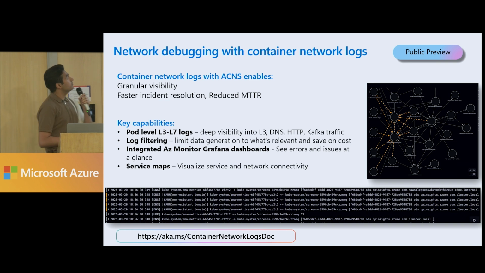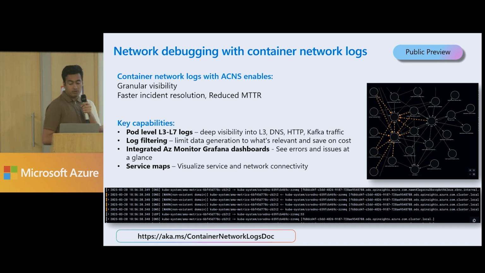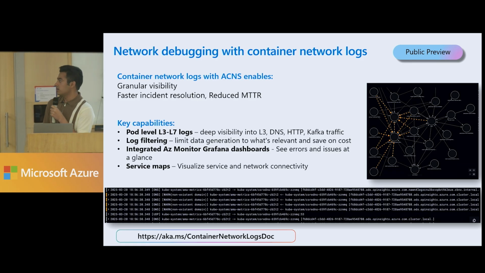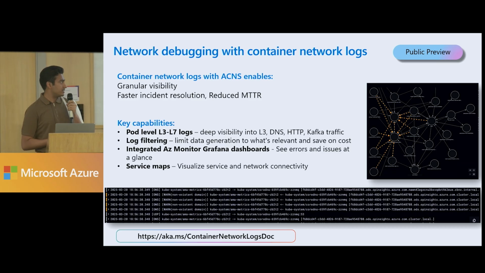Additionally, we also have container network logs when you're using ACNS. It provides you with detailed visibility into the network traffic between your containers, pods, and external endpoints. So you can capture things like HTTP traffic data, which helps you speed up all your troubleshooting and auditing, especially when things go wrong. You can use this to detect things like suspicious traffic patterns, so make your cluster more